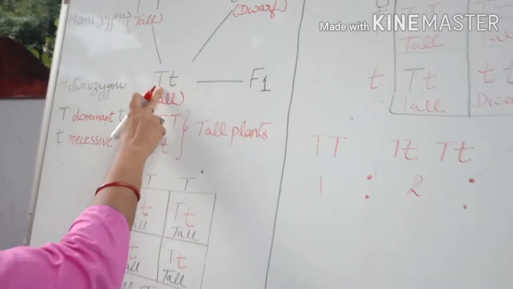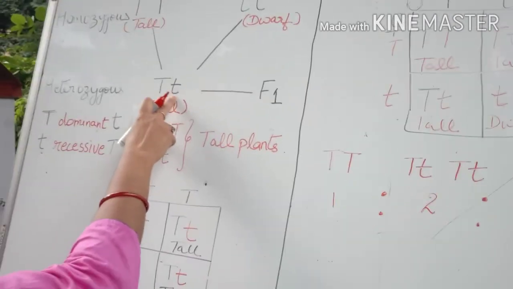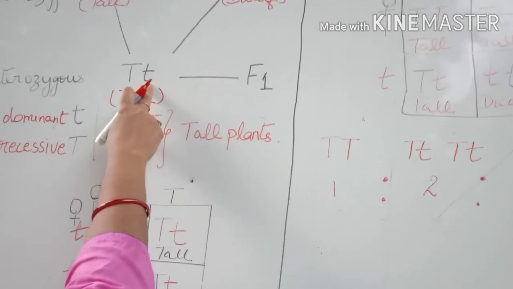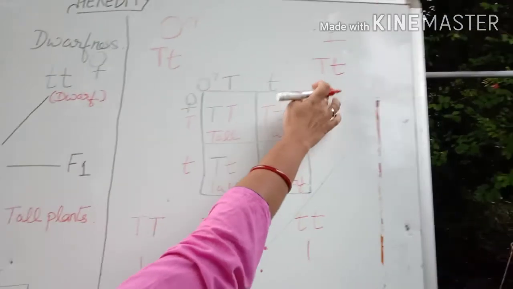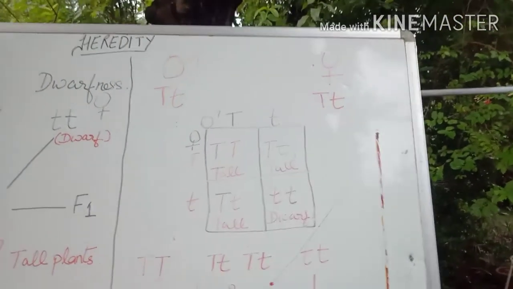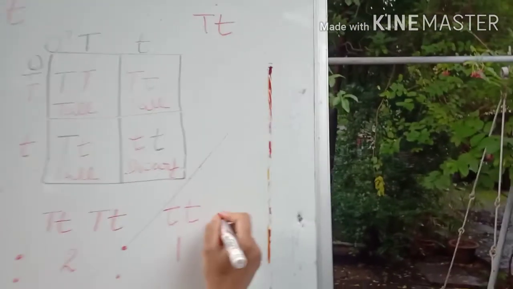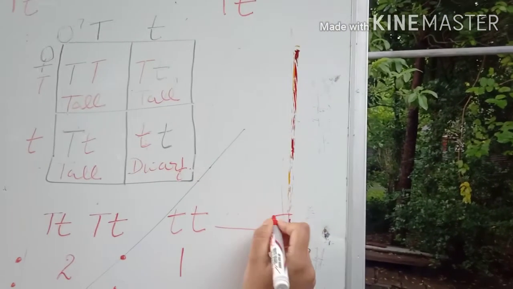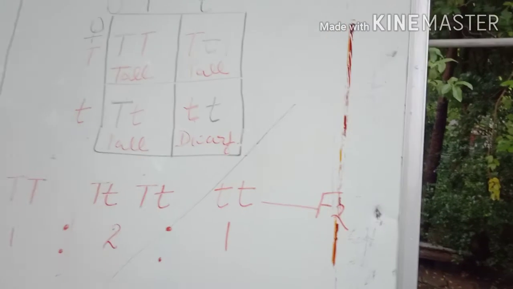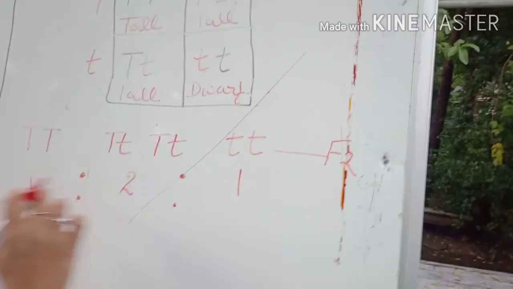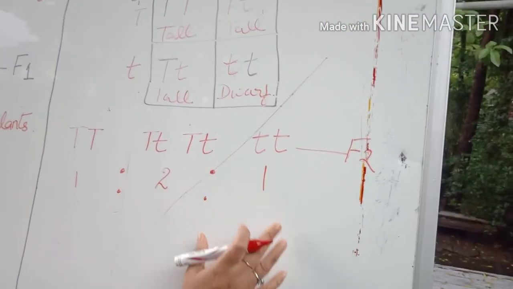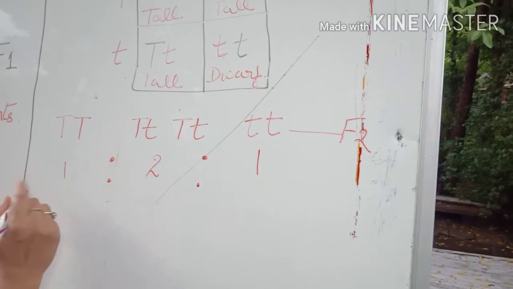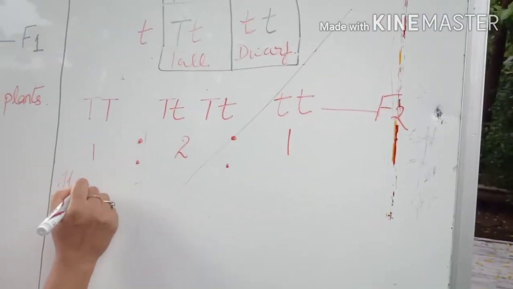Why? Because offsprings here, the F1 generation, were capital T and small t. We have just crossbred these only. So this we are going to get in the F2 generation. This is the next generation after this. This is the ratio. Now what we will say here, it is homozygous tall,